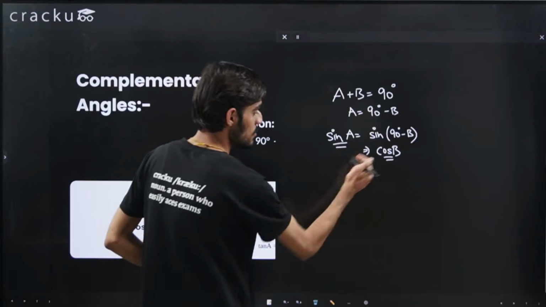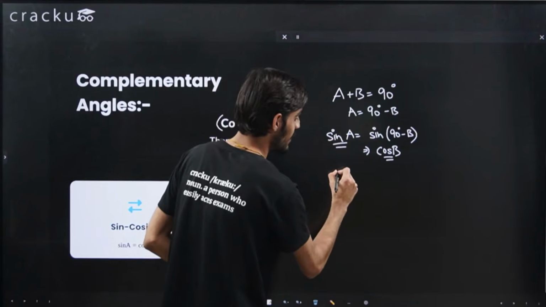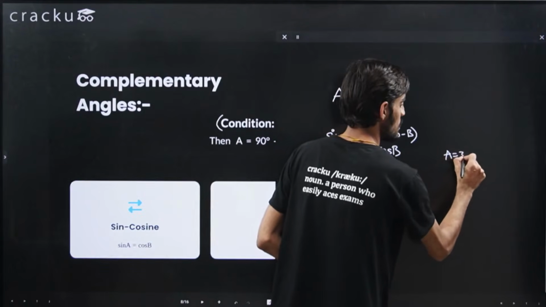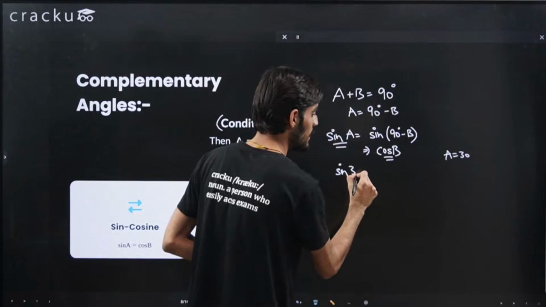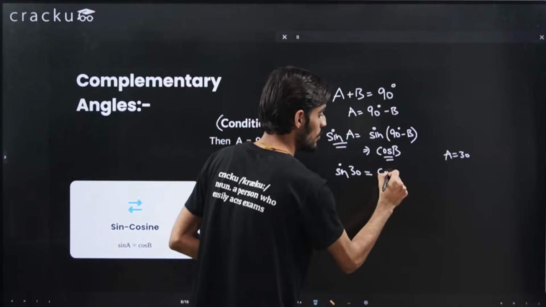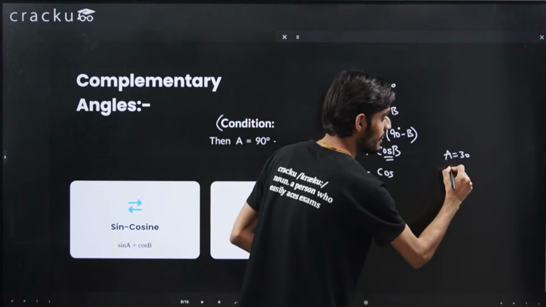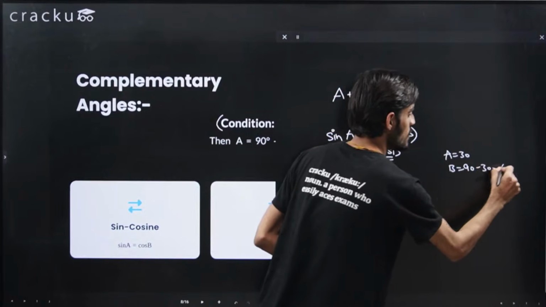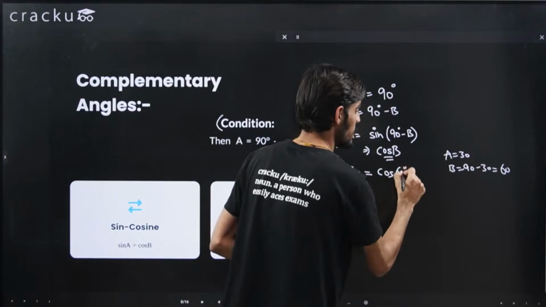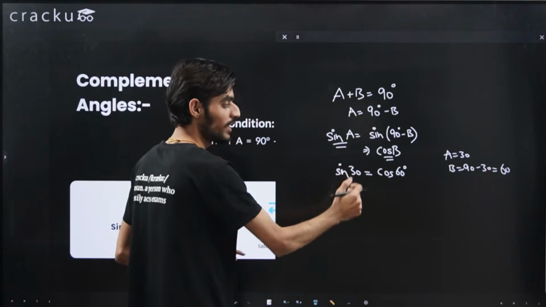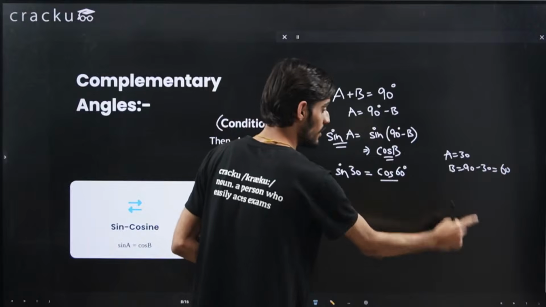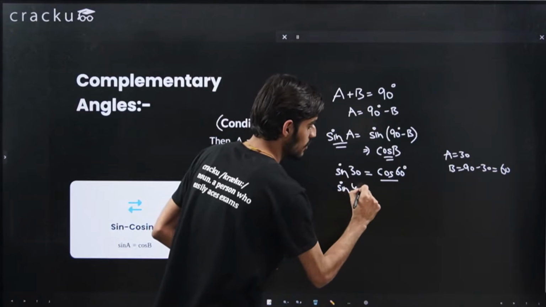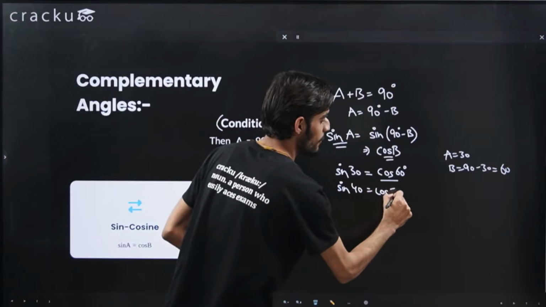So here, let's say I substitute some values in place of a. If I write 30 degrees, then sine 30 will be equal to cos. When a is 30, then b will be 90 minus 30, that is 60. So it will be equal to cos 60 degrees, and so on. Whatever value you put, you can just subtract it from 90 degrees and put it here. If I write sine 40 degrees here, it will be equal to cos 50 degrees.